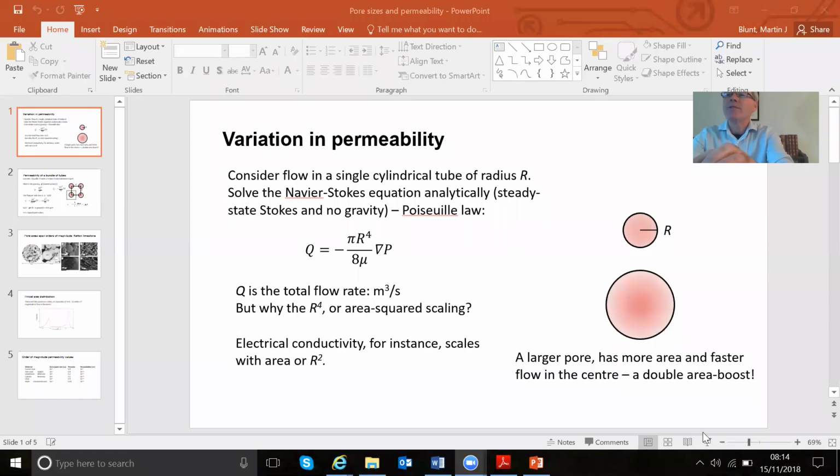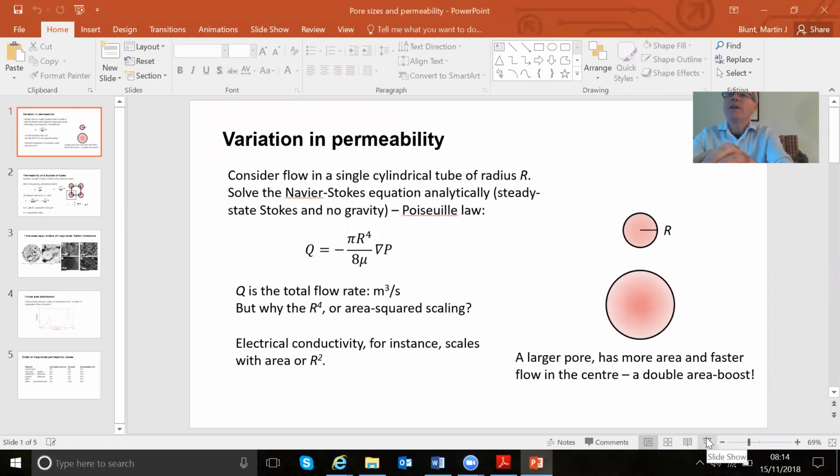Hello. In this sequence, we're going to consider fluid flow in a single circular tube that's aligned with the flow direction. We're going to use that to explain why we see a huge variation in flow speed within a sample of rock, but also why we see a big difference between the permeability of one rock and another. So in order to do that, we'll show straight away what it is we're talking about and what the relevant